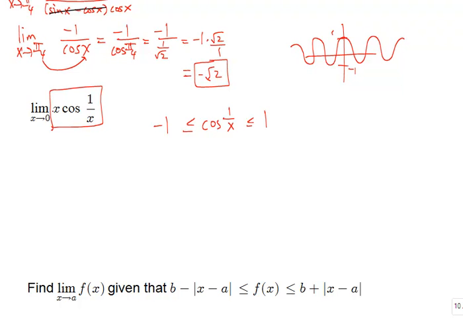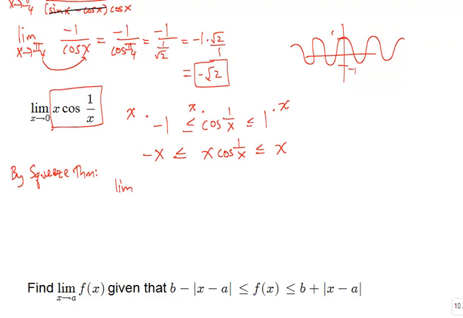So what I'm going to do next is I'm going to multiply all three pieces by x. As long as you're doing it to all three, you're keeping that inequality still true. So x times -1 becomes -x. The middle becomes this function that I was trying to find the limit of. And the right side, 1 times x, becomes x. So here's where the squeeze theorem comes in. So by the squeeze theorem,